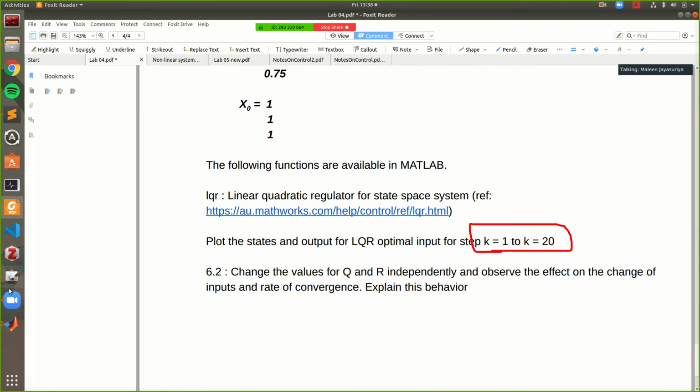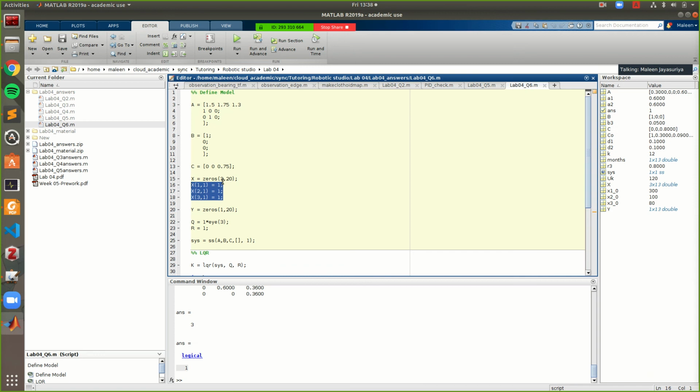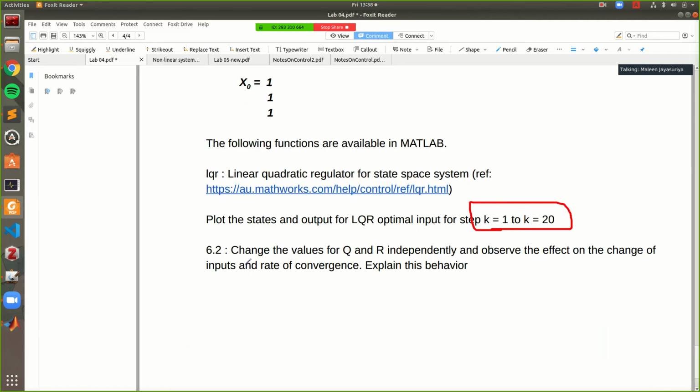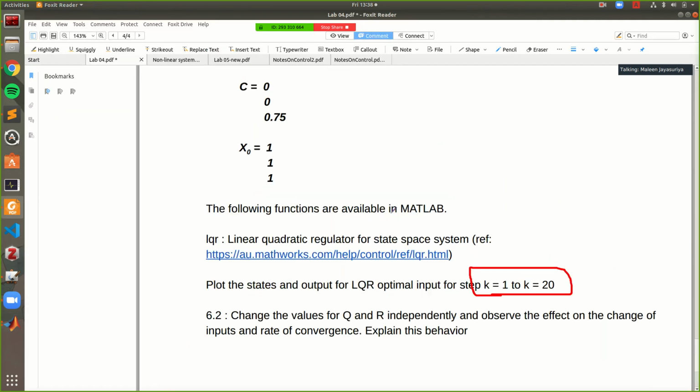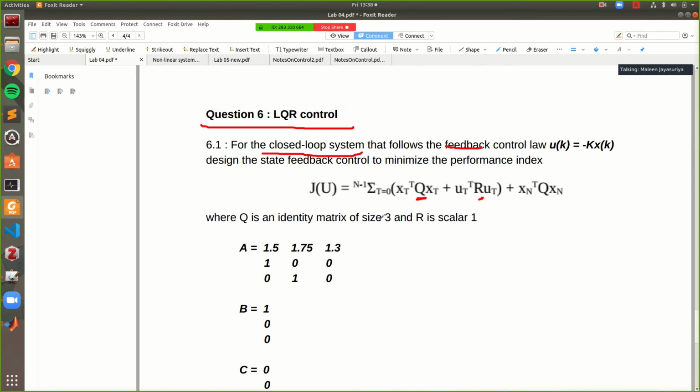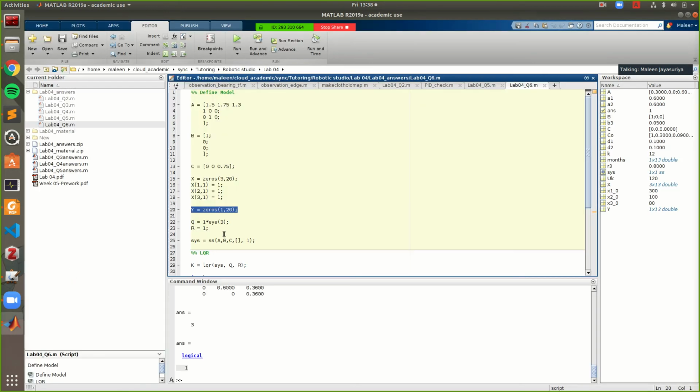So if I want to plot out all the intermediate steps, I'll have to create a matrix of 3 by 20 so that I can store my states, and then I can store my outputs. And it tells here that Q is an identity matrix of size 3 and R is a scalar of 1, so I can define that as well.